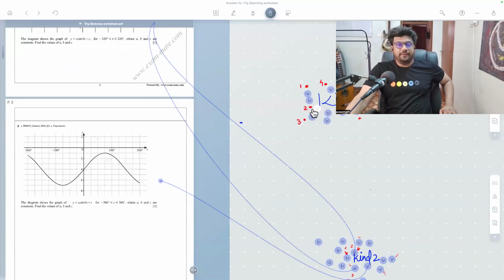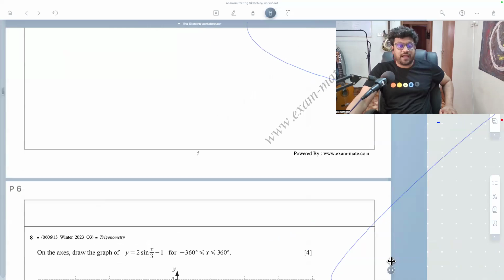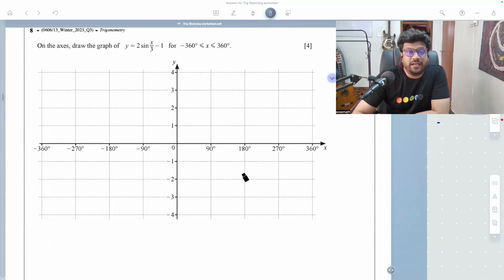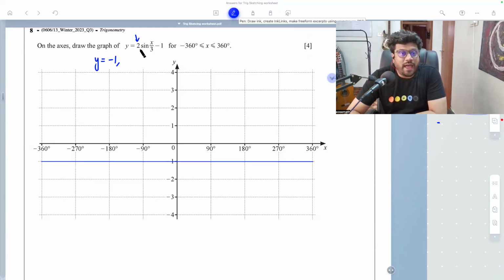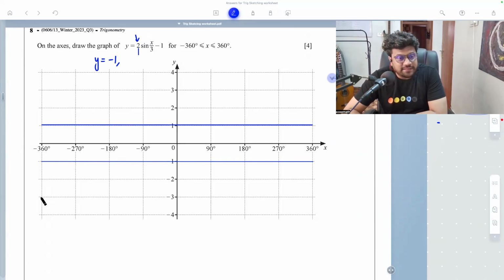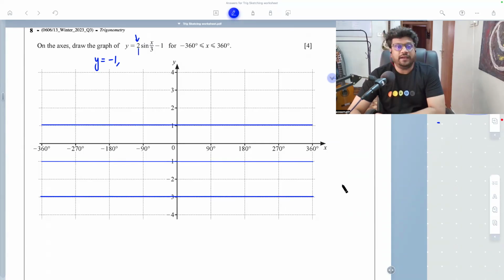Now let's look at another question of the same kind. Here it is. Quickly, we have done this earlier. Here, the principal axis is y equal to -1. Amplitude is 2. There it is. I'll spot the principal axis. Amplitude is 2, so I can go as high as 1 and as low as -3. There it is. And then I'm going to look for the period of it, which is 2 pi by b,